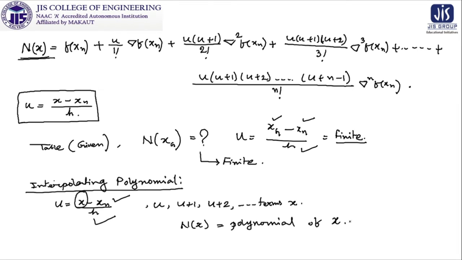which is nothing but the interpolating polynomial for those data set generated with the help of the backward interpolation formula. And after getting that interpolating polynomial, obviously you can put x equal to xg over here to get the finite value. So both the things we have to practice for getting the idea clear.